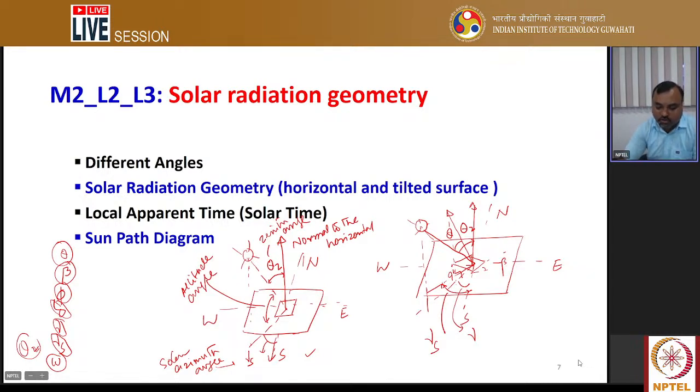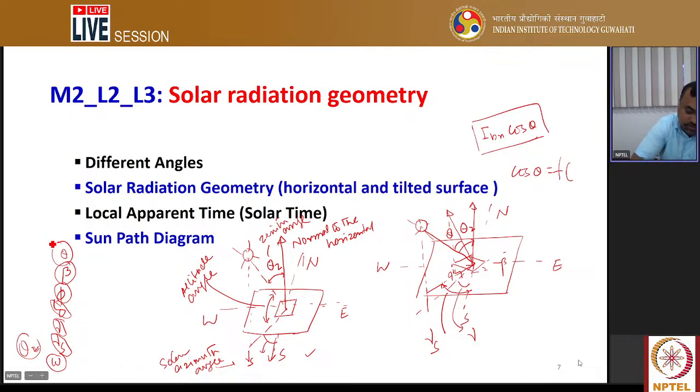So that's how all the angles are connected. And if the intensity of radiation is IBN, and it makes an angle theta, then it will be cos theta, which is the equivalent beam radiation falling on the inclined surface, right? So once we know cos theta, which is a function of all the angles we have discussed, like beta,